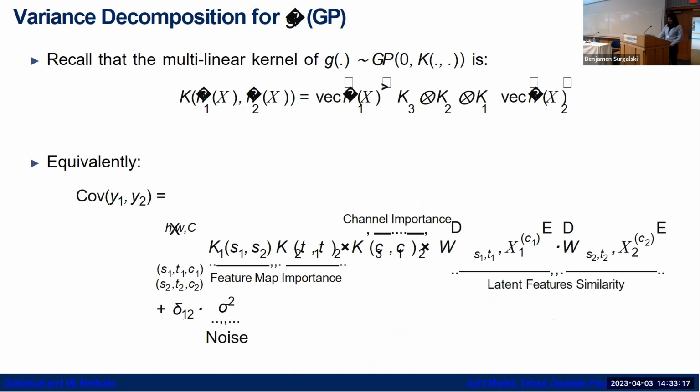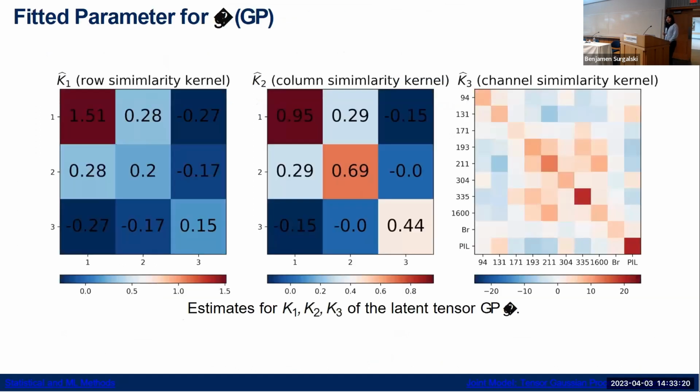Okay, the formulas are messed up. So another interpretation that I also want to show, because the variance formulas are essentially messed up, is that through this particular model that we're fitting, we're able to disentangle the relationship across the different channels of images that we have. Because one outstanding question among the physics community for solar flare eruption is what kind of complementary information the different channels of the images are providing. Are they providing redundant information, similar information, or orthogonal information?